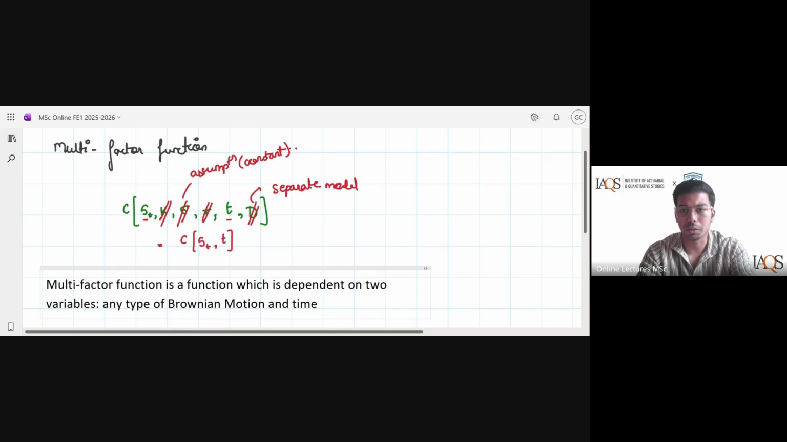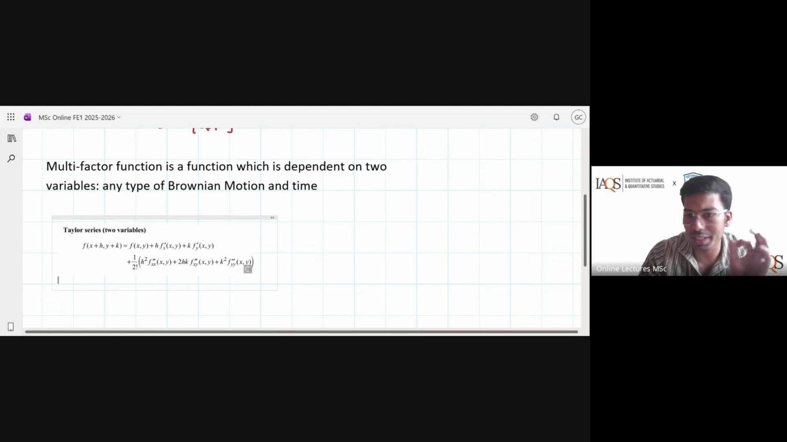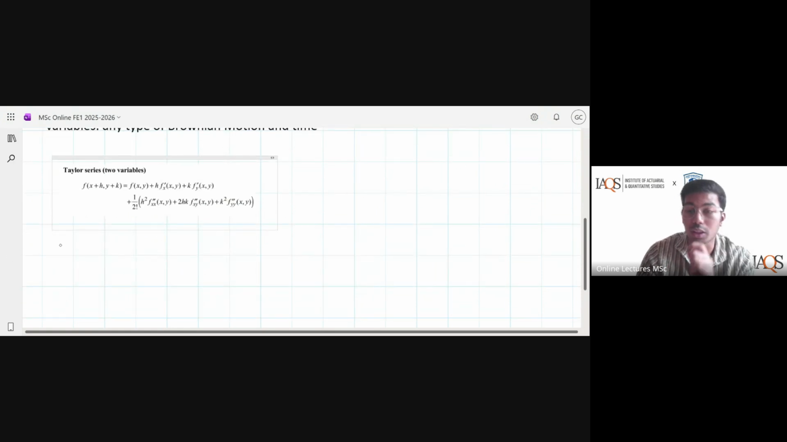Done? Okay. Cool. Now let's start the derivation for a multi-factor lemma. Now, in single factor lemma, we started with something called the Taylor series. I know Taylor series was for one dimension. So the Taylor series that we generally know is called the one-dimensional Taylor series,